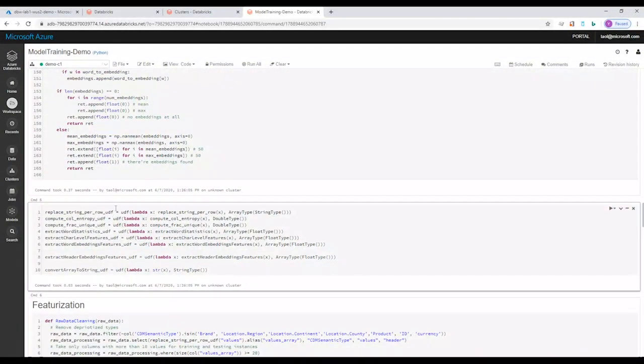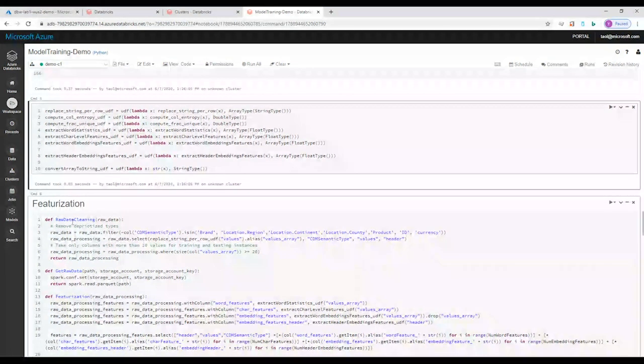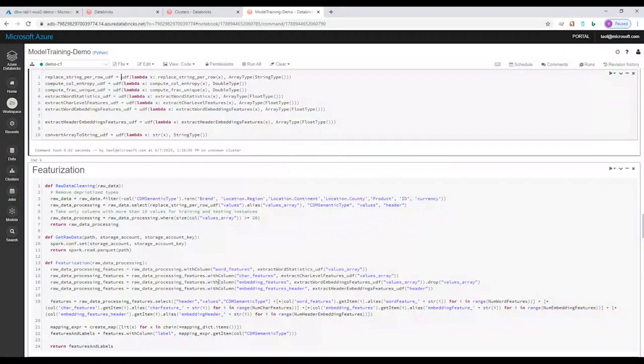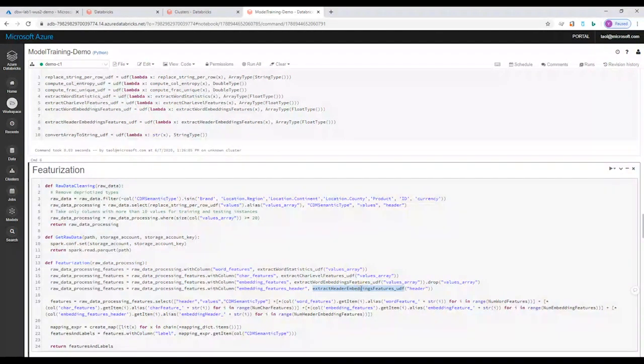We then just use the UDF function and also lambda expression to concatenate the functions together with the return type into each UDF. All these UDF functions will be registered into a system to make sure the featurization can be done in parallel computing and for even more efficiency. Then here is the featurization code. Most basically, we just call the UDF function by using the withColumn function and call each UDF to compute